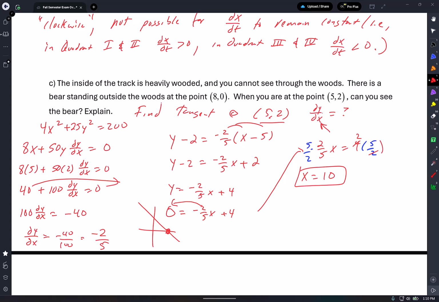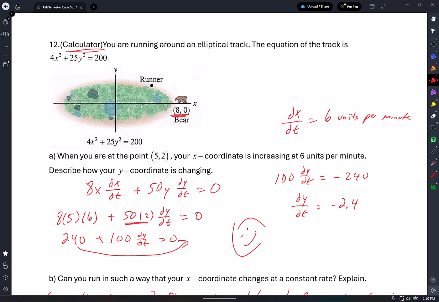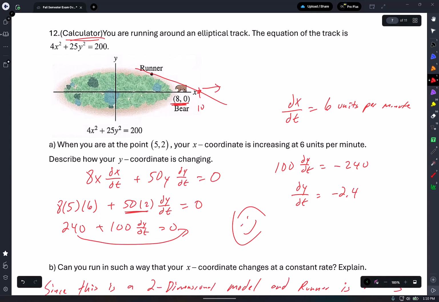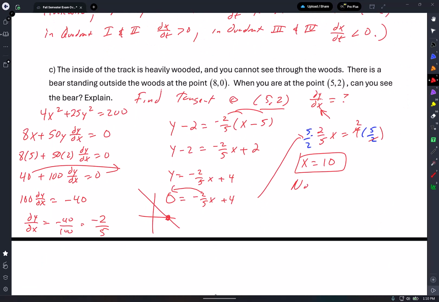So remember, you can only see numbers bigger than x equals 10, and the bear is at 8. So when I do my tangent line, here it is at 10, and I can only see everything to the right of that because the bushes get in the way. So no, since the bear is at x equals 8,